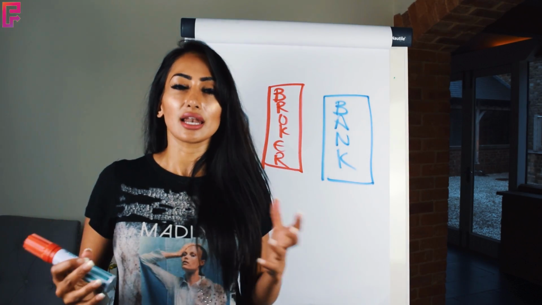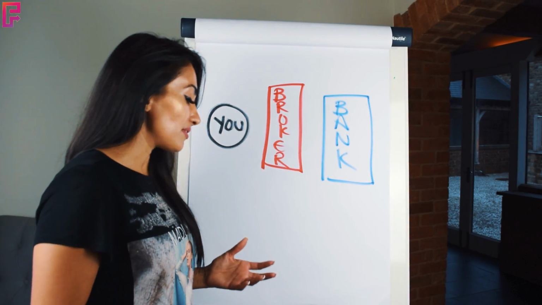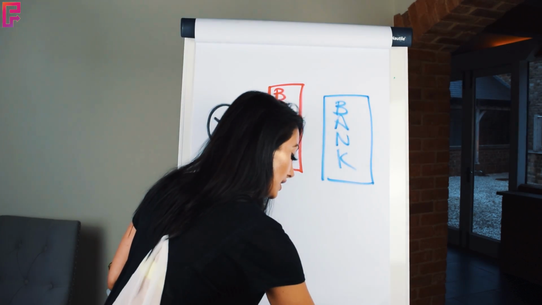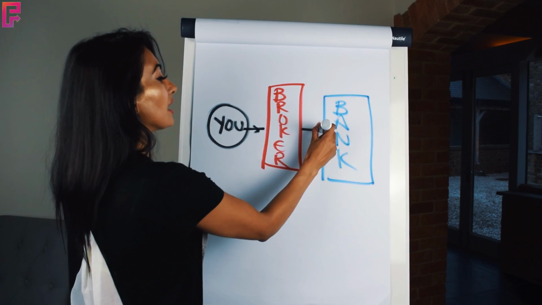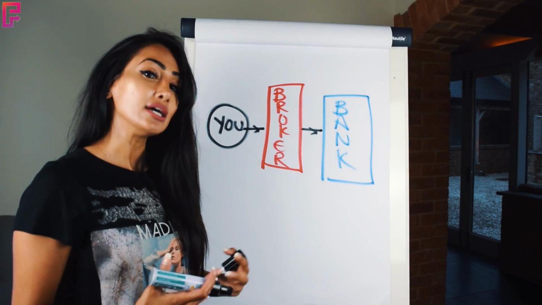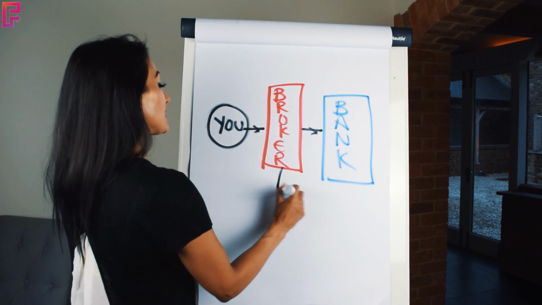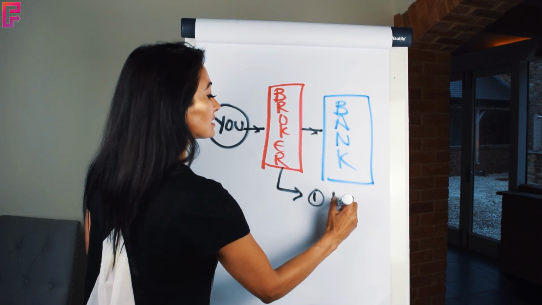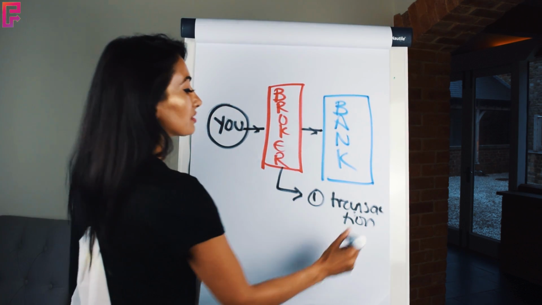Now, this is something that happens, I would say, with 99.9% of the brokers. In fact, 100% of the brokers make their money in this way. So what happens is, when you take a trade, the broker allows you to facilitate that trade using their relationship and their liquidity from the bank or liquidity providers or whatever. Now, they make money in two ways. Number one, transaction costs, which is a similar type of situation.